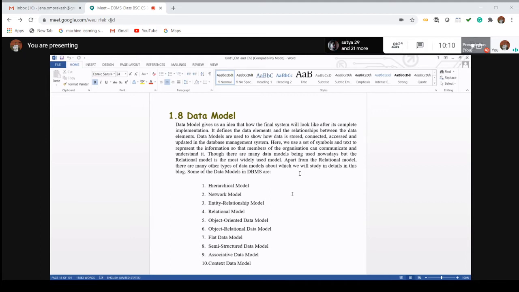What is the relationship among them? Second, how the data is stored, how one is connected with the other, how we can access the data. That means the overall architecture, the overall view of this type of model, is called the data model.